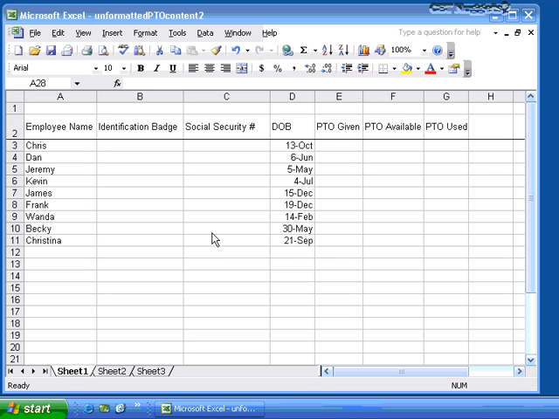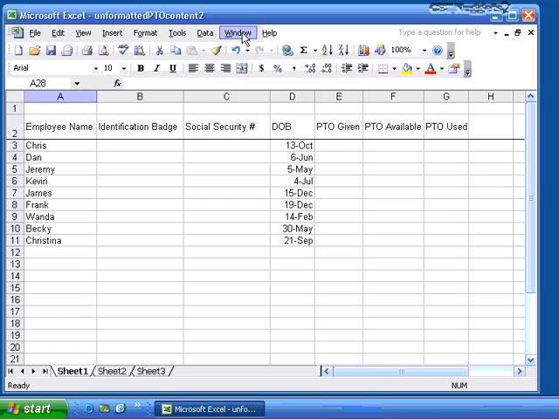So that's how we can freeze the panes and allow us to maneuver throughout our spreadsheets as we need to add something or go down a little bit further, but we want to remain up here or move side to side. But let me go ahead and unfreeze the panes here and say,